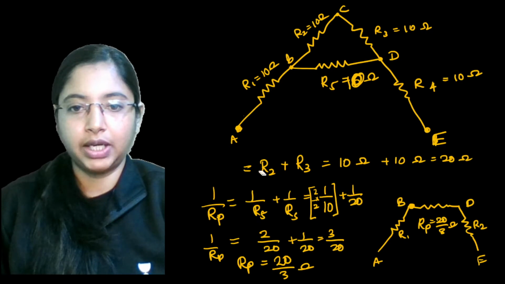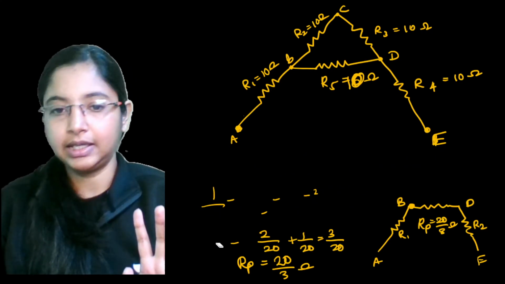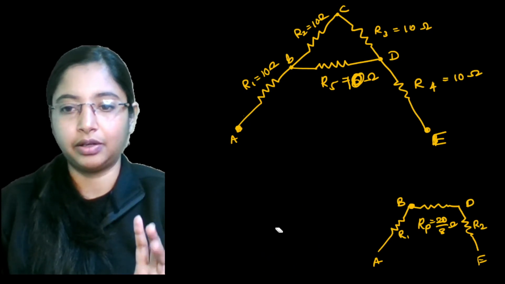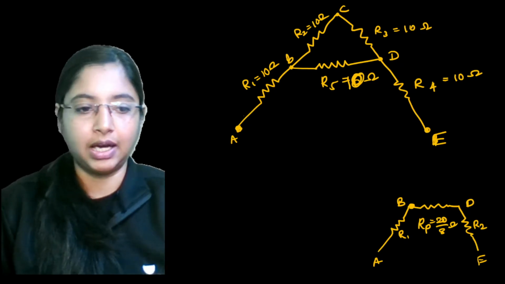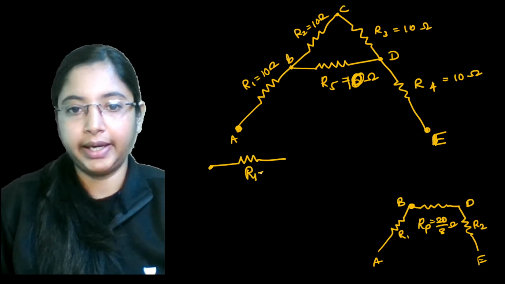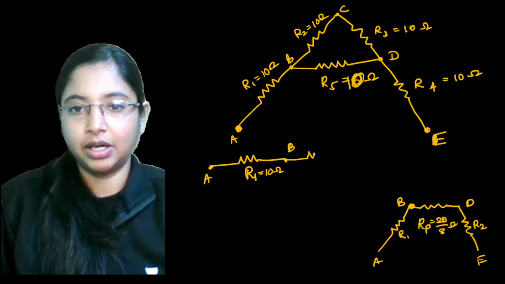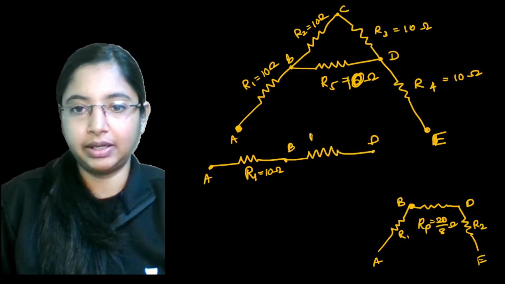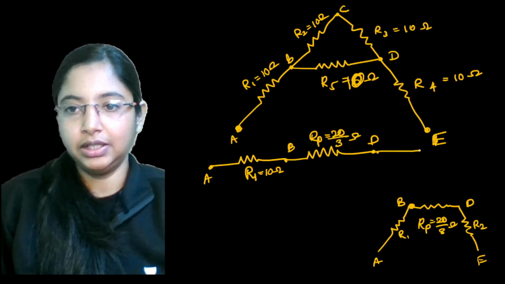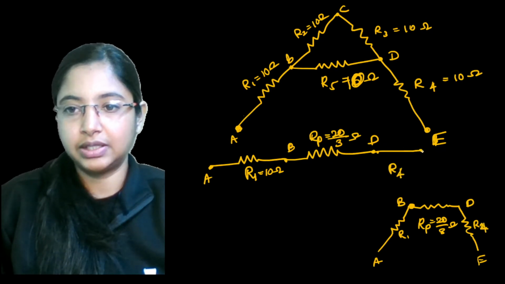Alright. Now, if you look at the circuit, what has happened is it has just become one single circuit, right? If you see, there are three resistors connected one next to the other. Think, if you want to stretch these three arms, you will have it this way. Let's say this is point A and this is R1 at 10 ohms. This is point A, this is point B. Across points B to D, you have an equivalent resistance of value 20 by 3 ohms. Across D to E, we have an equivalent resistance of value R4, which is